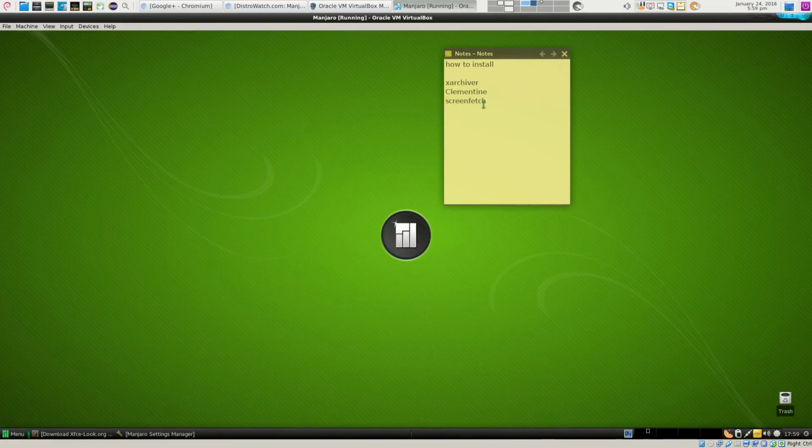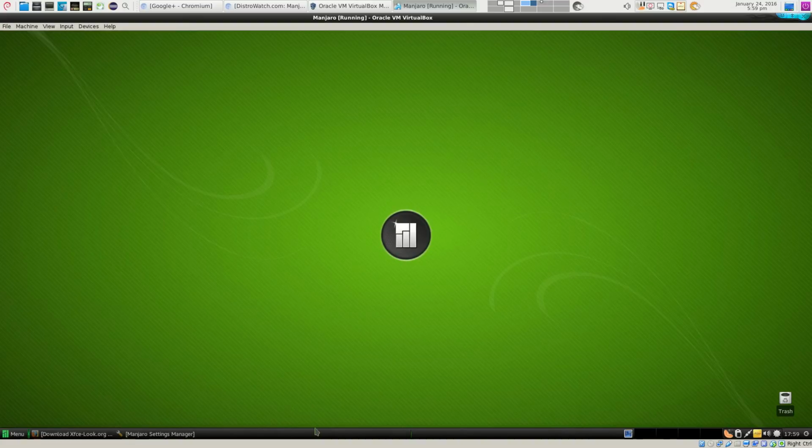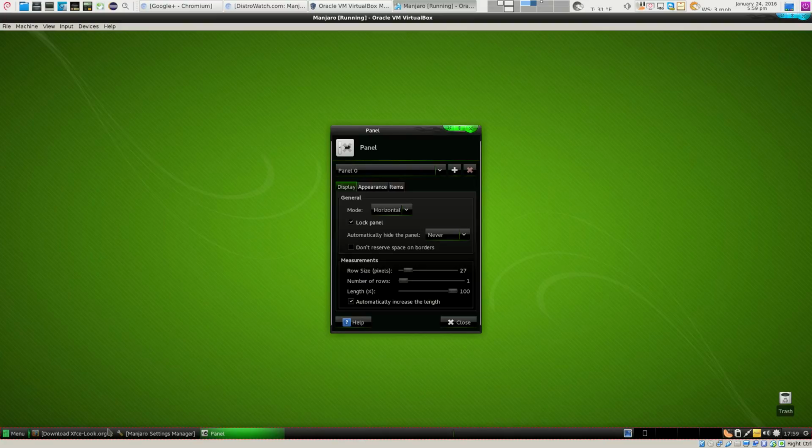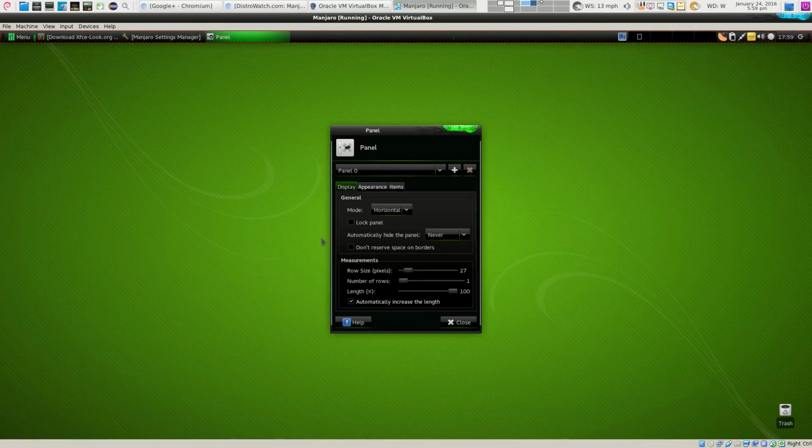So we got that. Screenfetch, I showed you here how to do that. This one here. Panel preferences. So I'm going to unlock this and I'm going to put this on the top. That's where I like it. Here, you can have it hide intelligently or always. That is, if you got a window open, it will hide.